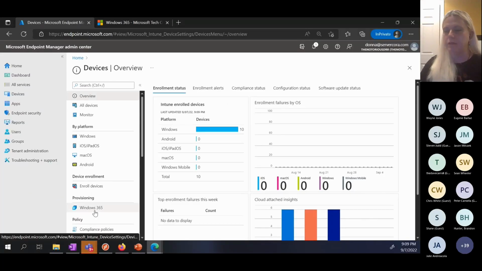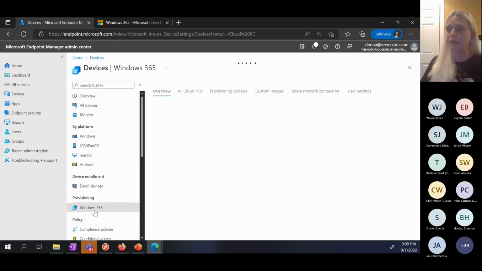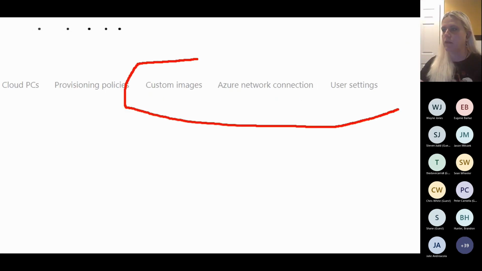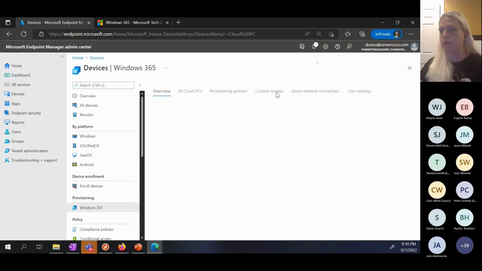In order for that to turn on and be useful, you need to apply one Cloud PC license, and then it unlocks the whole interface. And so where we've talked about the images and the networking and the user settings, those essentially already live here. And the only thing we really haven't talked about yet is provisioning policies.